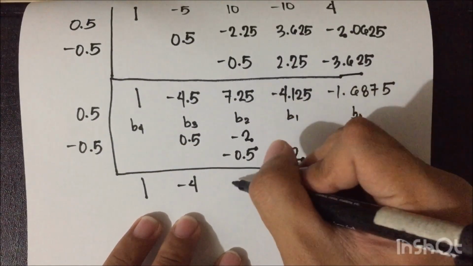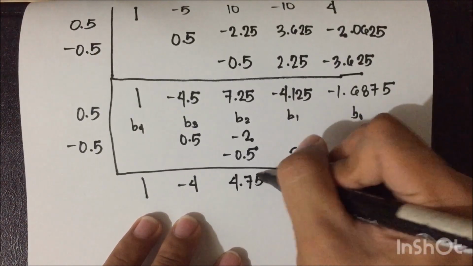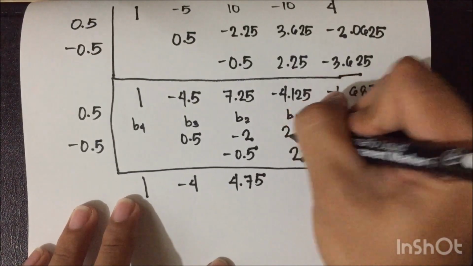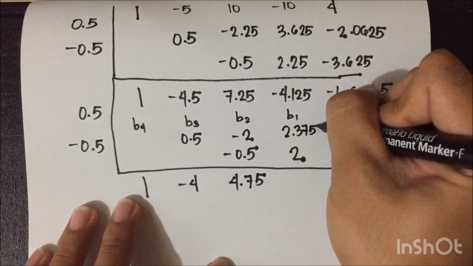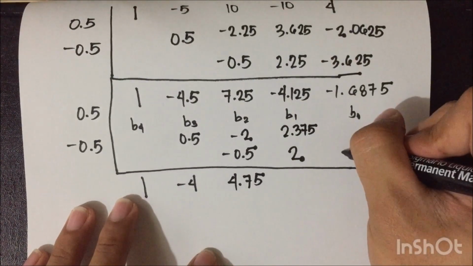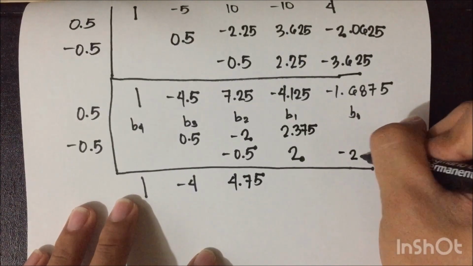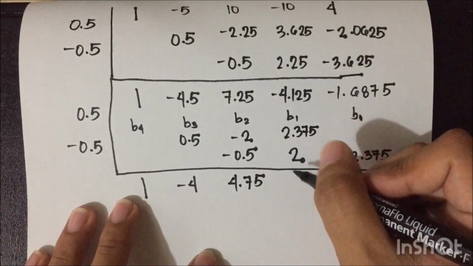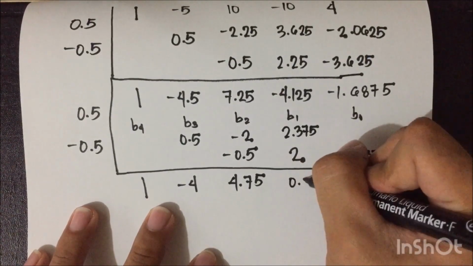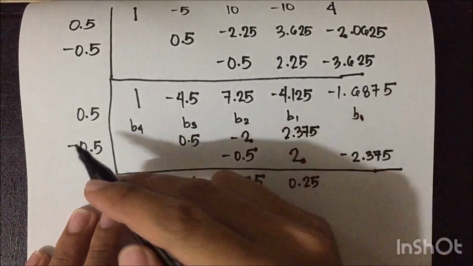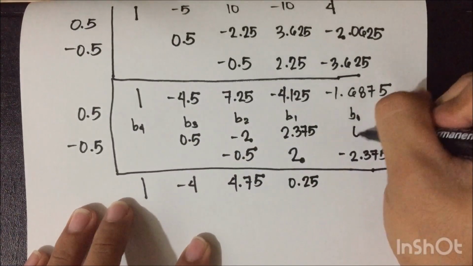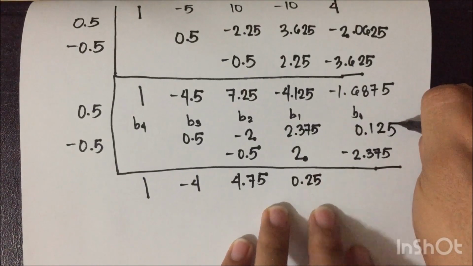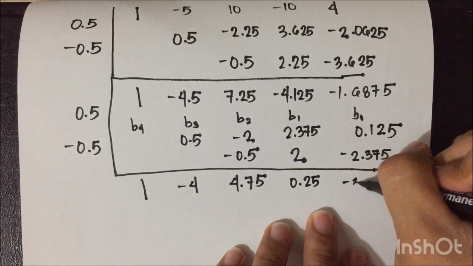Then the sum of this is 4.75. Then 4.75 times 0.5 is 2.375 times the negative value, negative 2.375. So sum neto 0.25. 0.25 times 0.5 is 0.125. Ang sum nito ay negative